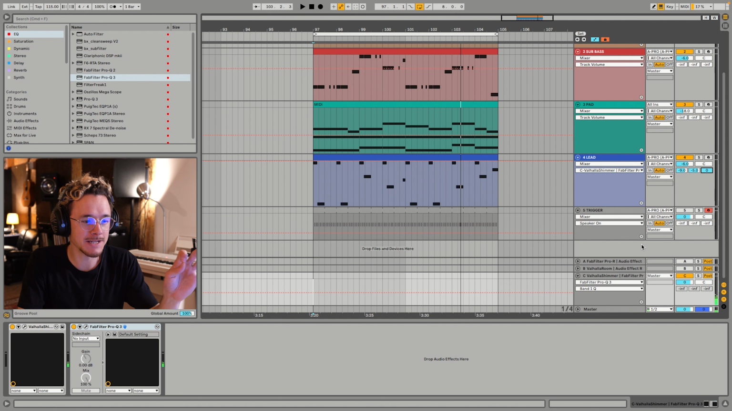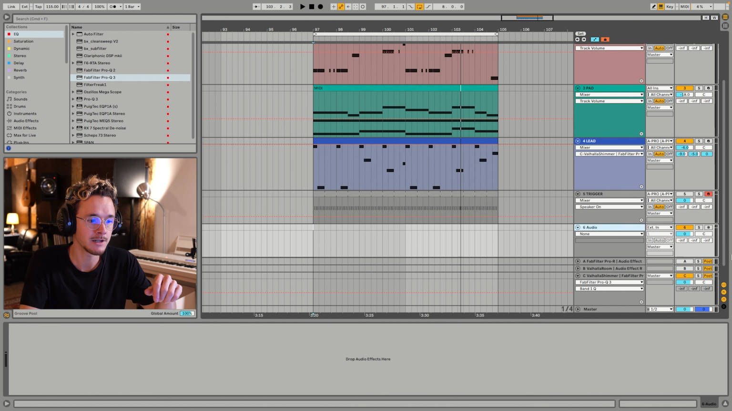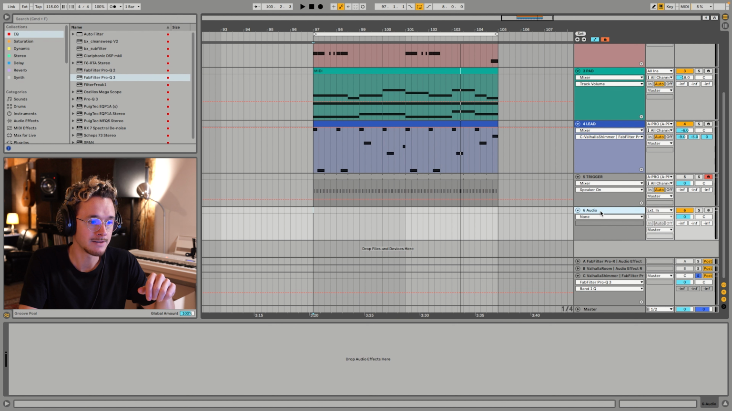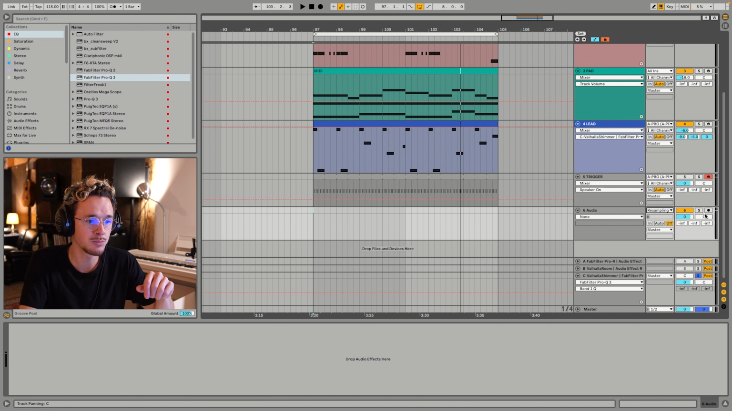Now, with these kinds of reverbs, like I said, it's more of a sound design thing. So you could also record this reverb, and then you have it as audio information. So let's create an audio track right here, and then I'm going to solo this reverb. On this audio channel, I'm going to use resampling as an input. And when I now record this,